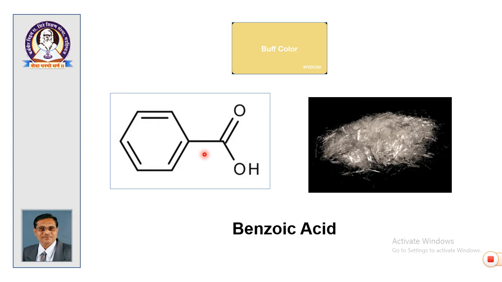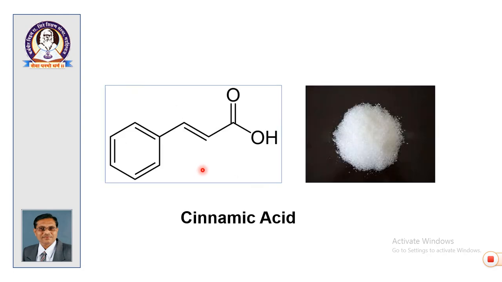It will not show decolorization or unsaturation, it will show a sooty flame. Okay. This will show a sooty flame. Additionally, cinnamic acid will show a positive test for bromine and KMnO4 because it has unsaturation. Because it has unsaturation, it will show a sooty flame as well as a positive test for Br2 water and KMnO4. This is an unsaturated carboxylic acid.